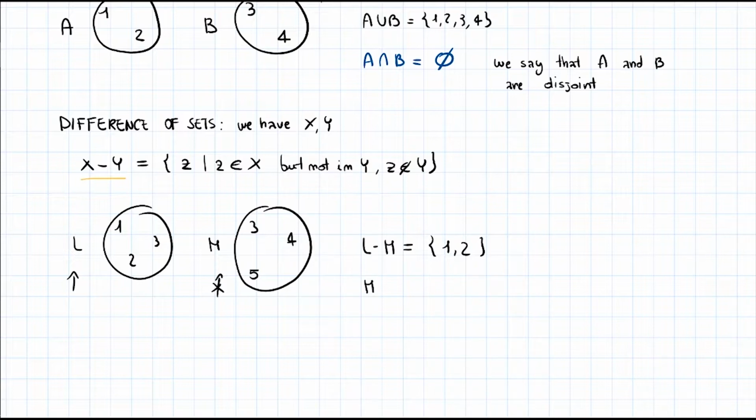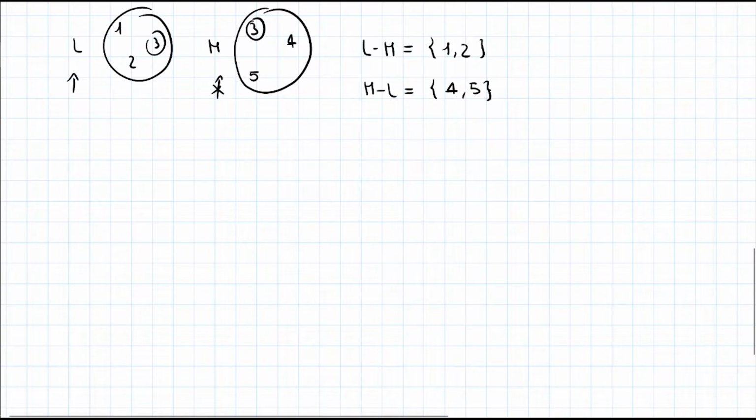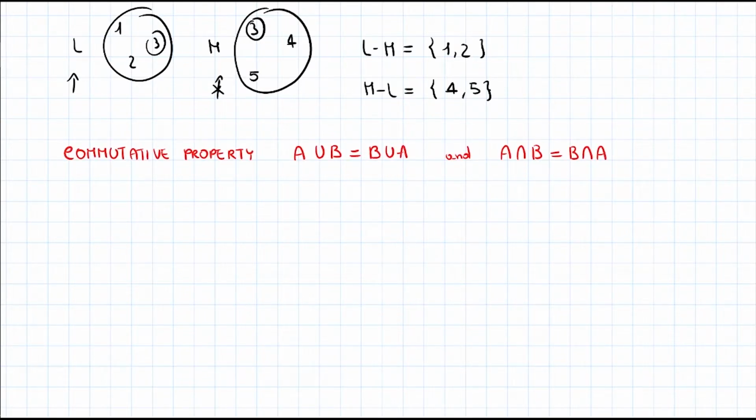If we have M minus L, these are all the elements contained in M, but not in both. So here the elements are 4 and 5, and the element 3 appears in both sets, so we're not going to include it. Another important property of union and intersection of sets is the commutative property, which states that